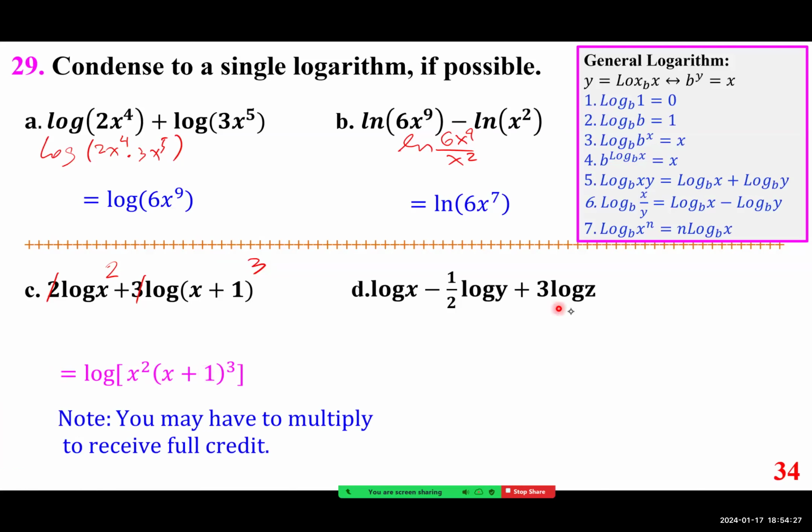Again, this can be done in one shot. Anything that has a plus sign goes to the top. Anything that has a negative sign goes to the bottom. But in any event, we can do the following. First and foremost, I'm going to get rid of the 1/2 and put it here. Get rid of the 3 and put it here. Okay. Then I have this one and this one, which makes it